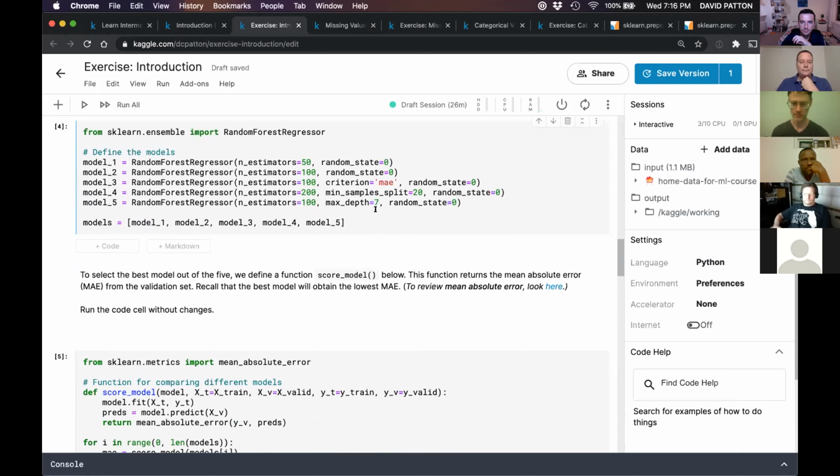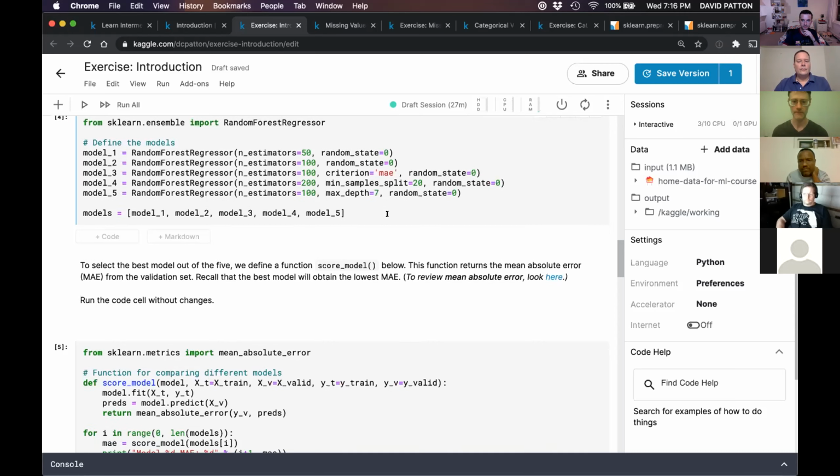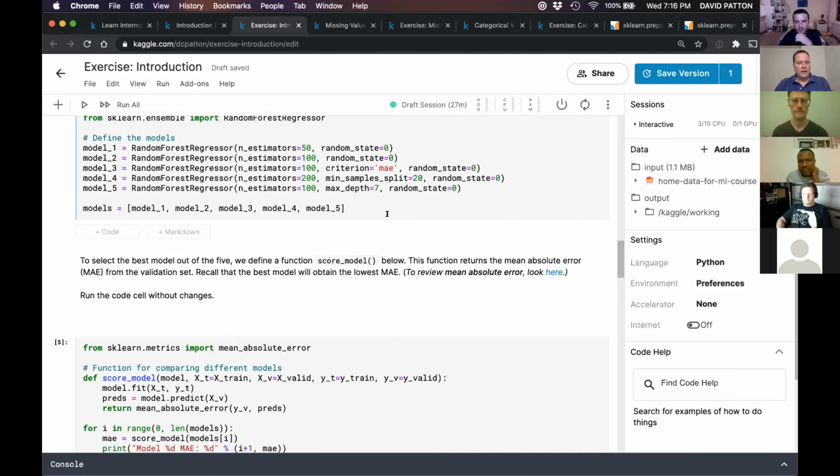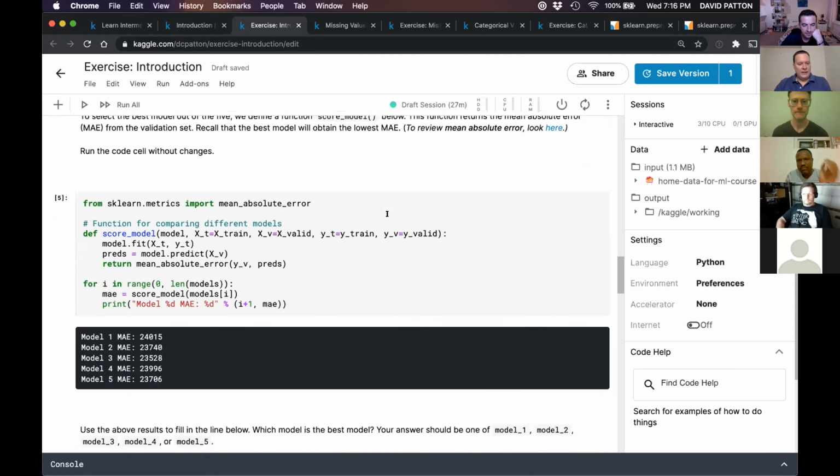So think about the implication of that. If min sample split is too large, you could end up with a very biased tree because it's just not deep enough. If min sample split is very small, you could end up with a very overfit tree. Max depth functions kind of the same way, where it's really a trade-off between underfitting and overfitting. Yeah, how far you can go, how many splits and everything. Cool.